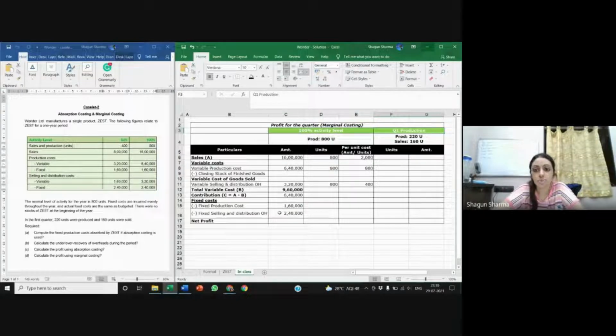Okay. Now let's move to what we are supposed to do, which is the Q1 figures. All right. So in my sales, now I know that I sold 160 units. So let's write 160 here. Now to calculate the amount of sales, I'll use the 160 units and multiply it by the sales price that I calculated using my 100% activity levels. So that came to 3 lakh 20.